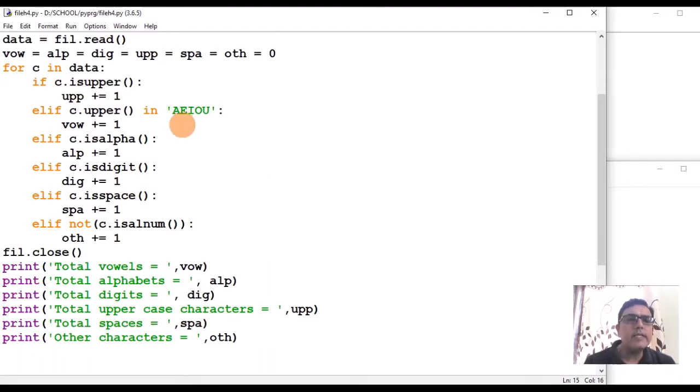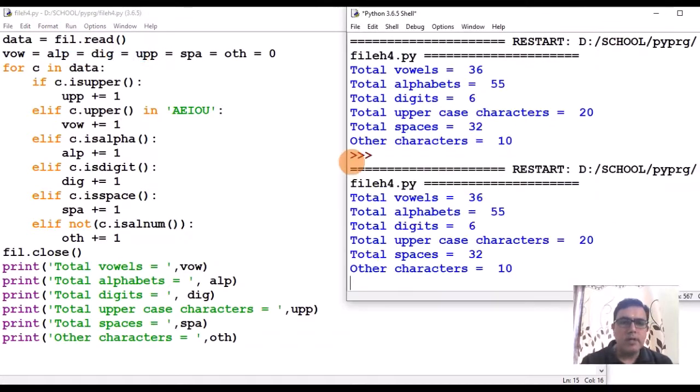Now here in this case also, first it will count all the uppercase characters. In order to solve that problem, what I have done, I have written is upper here, right? Now first it is checking whether the character is an uppercase character or not. If it is an uppercase character, then it is incrementing by 1, then the other cases remain the same. Now if you run this code, it is giving the proper result.